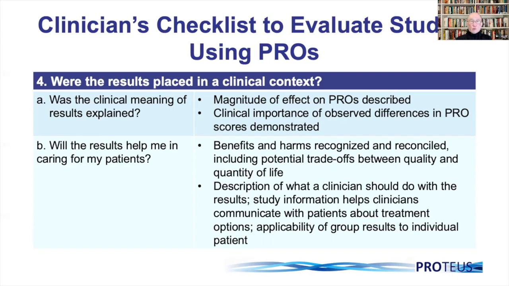Will the results help me in caring for my patients? There are likely to be both benefits and harms, both clinical and in terms of PROs. Were they recognized and were they reconciled? Might there be potential trade-offs between quality of life and quantity of life, for example, or between the quality of life outcomes and some of the clinical outcomes? And does the paper describe what a clinician should then do with the results? Will the study information help clinicians communicate with patients about treatment options and what the likely outcomes might be in terms of PROs? Are the results from the group that was studied